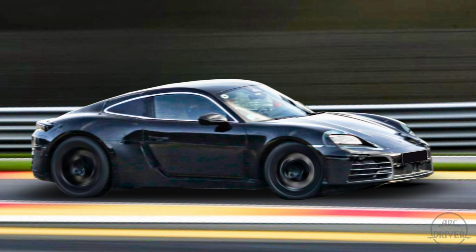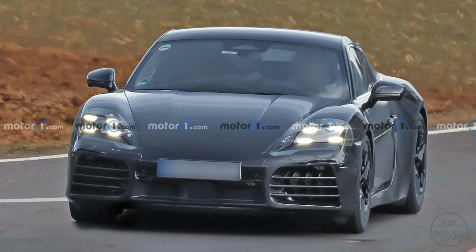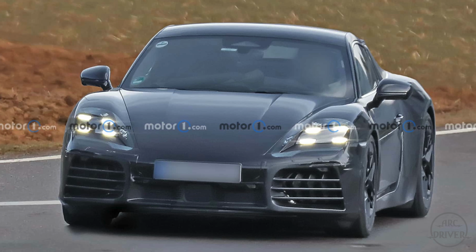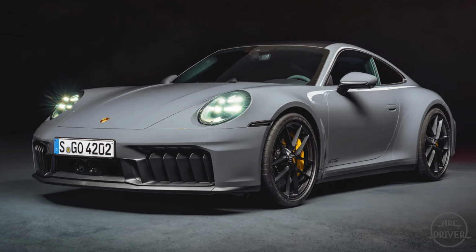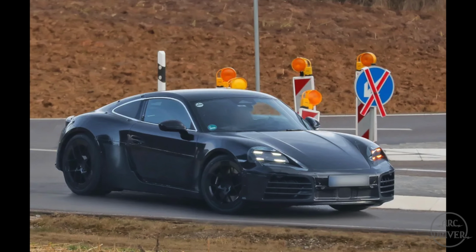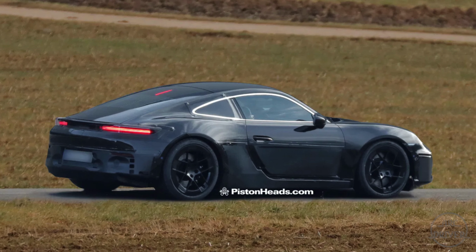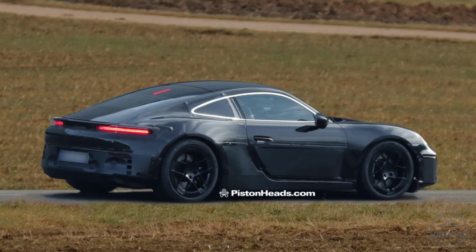We got our first good look at the upcoming electric Porsche Cayman this week, and while many of us were expecting this car to be an electrified 718, much in the same way that the new 911 GTS is a hybridized 992, from a close analysis of the new images and some of the information leaked from Porsche, it appears that the new Cayman is going to be a completely clean sheet vehicle that will not share any components with